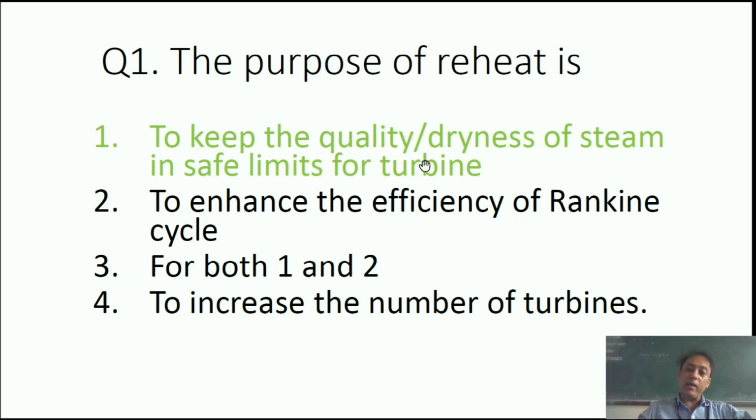In Rankine cycle, there is a turbine. So when steam enters, the dryness fraction, which means the wetness of the steam, must be in control. So the purpose of reheat is mainly to control the dryness fraction. You might be thinking that answer 2 is also correct, so both 1 and 2 must be correct. But by the help of reheat, it is not necessary that efficiency will increase. In case it is not performed properly, the reheat can even reduce the efficiency. However, the sole purpose will be served, that is, the dryness fraction of steam will be in safe limits before entering the turbine.